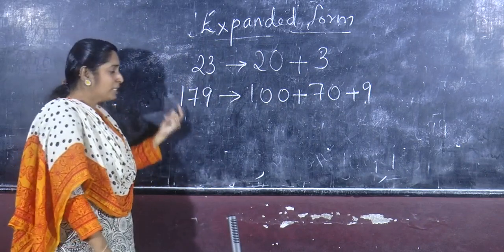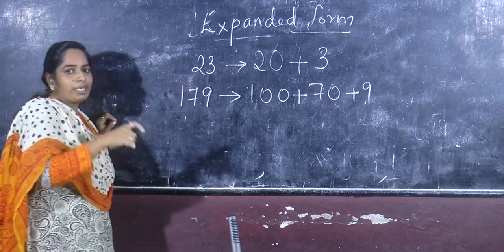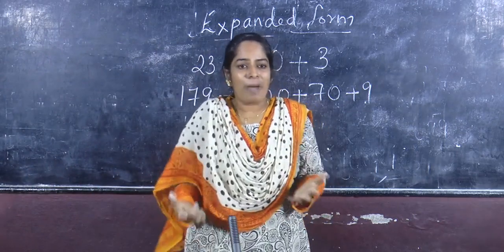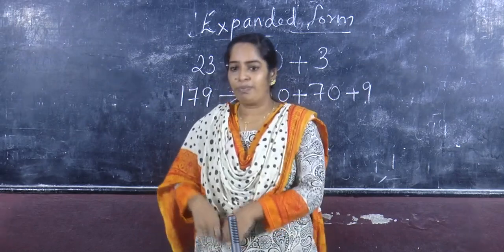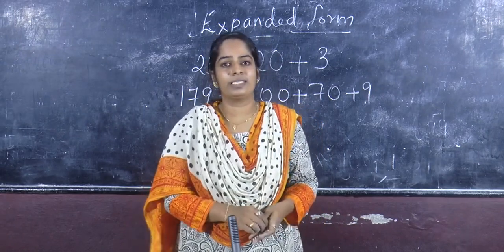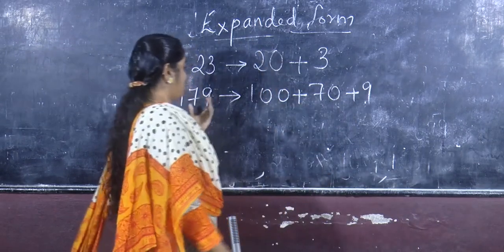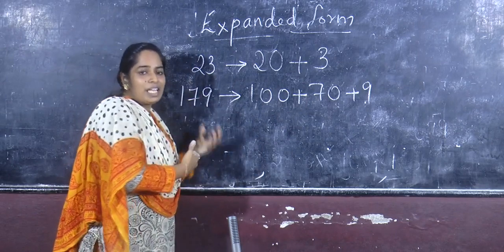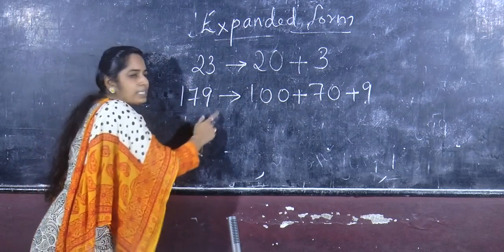Where the number is sitting, where the number stands, that is its place value, isn't it? We all sit in your class. So this is my place, you don't come and sit here, isn't it? We tell our friends like that. Here numbers also change their places, isn't it? Numbers will be changing their places and all.